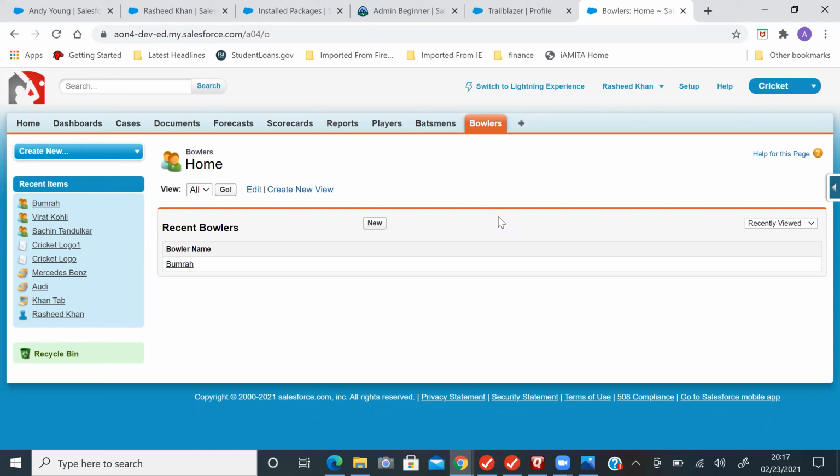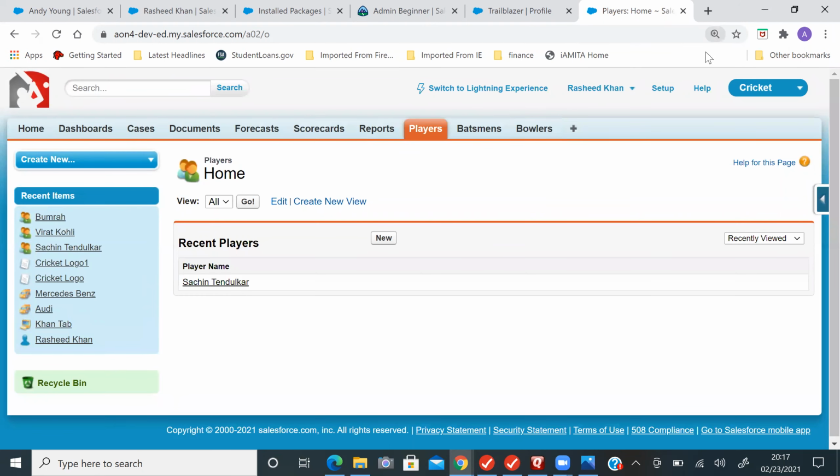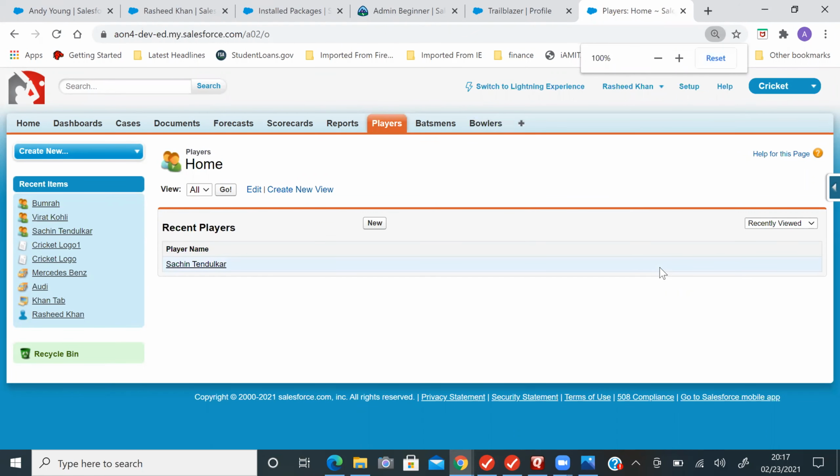So now we need to add fields here. Go to players. Can anyone suggest, from the previous batch, what fields need to be added here? Just for the example. You can say player name.